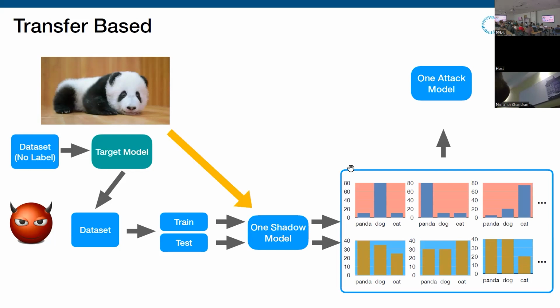Once my attack model is trained, to do the final attack, I still want to know whether this image is part of the target model's training set. I throw the image to the shadow model. The shadow model gives me posteriors because the shadow model is controlled by me. Then I throw the posteriors inside, and it tells me whether it's a member or not. Note that this image is never a member of the shadow model.